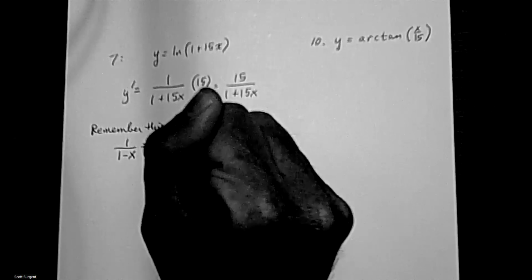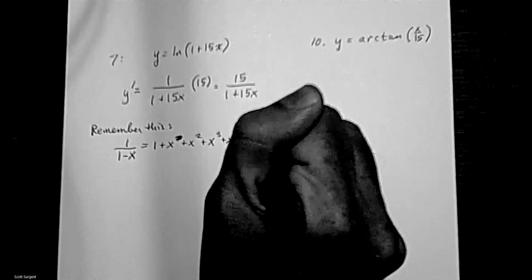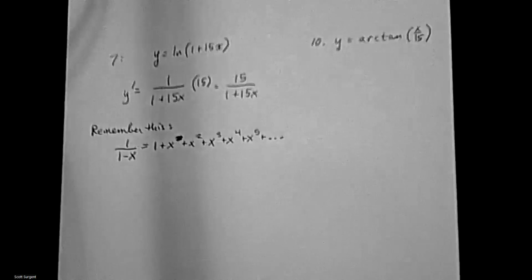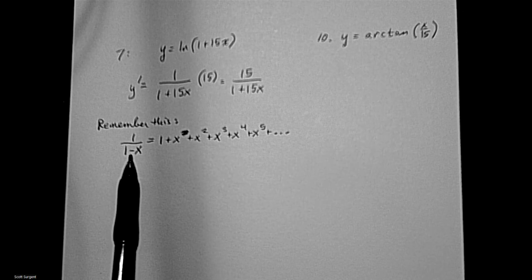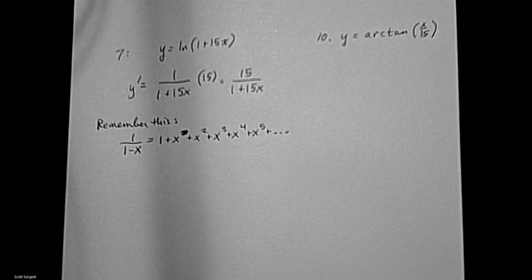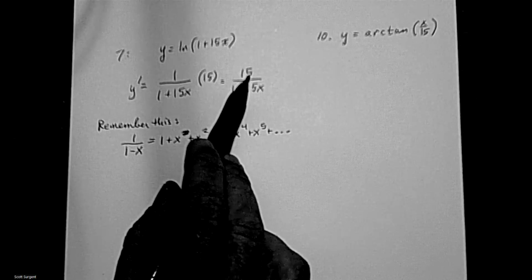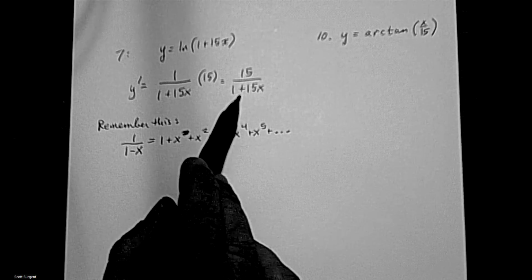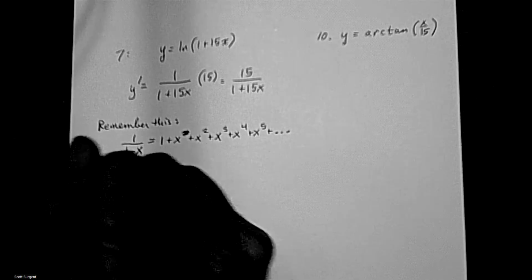Oops, squared too early. All right, so this is a basic form that you should know. What we're going to do is adapt this form to look like this. We'll write out a few terms, and then we will antiderive it to get back to that guy. So the way I'm going to do that, the numerator 15 is just a spectator. We'll put that on last. It's the 1 plus 15x. I want to turn this into 1 minus x. So replace